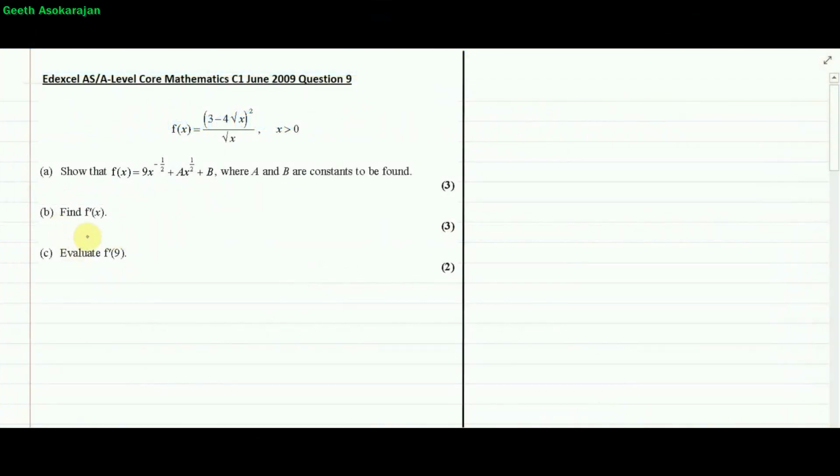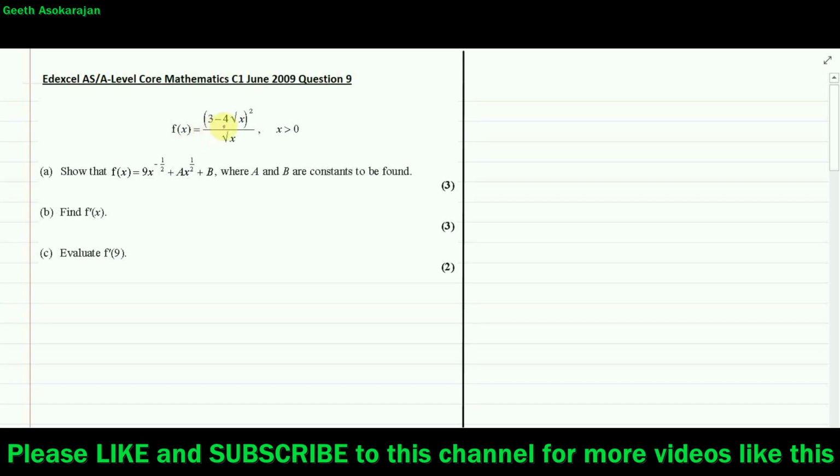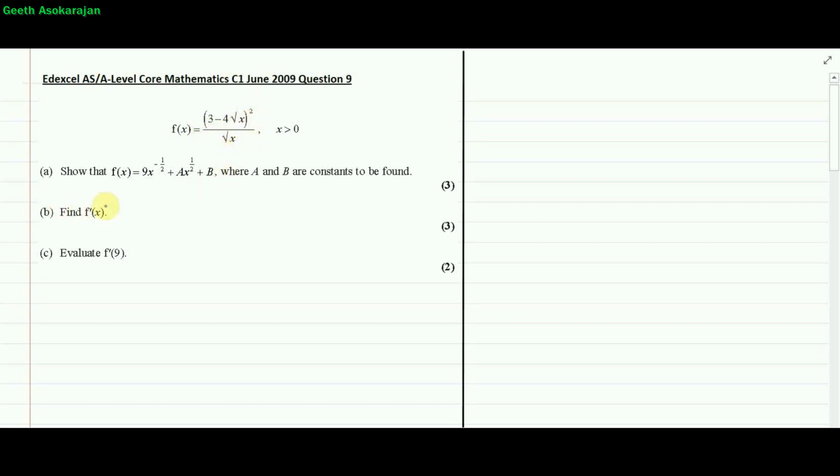Right, another past examination paper question. So this is from Edexcel, Core Mathematics C1, June 2009, and this was question number 9 of that paper. So let's have a read. f of x is given by (3 minus 4 root x) squared divided by root x, and in part A